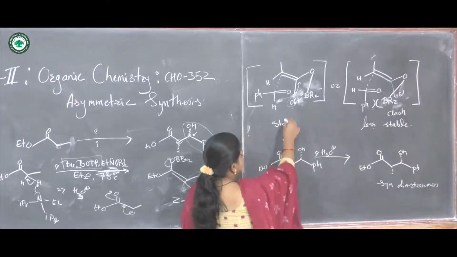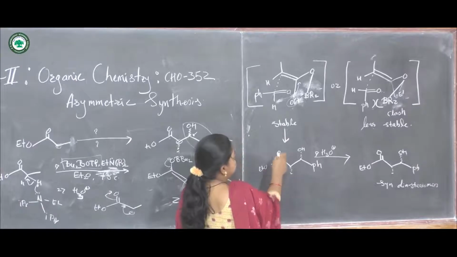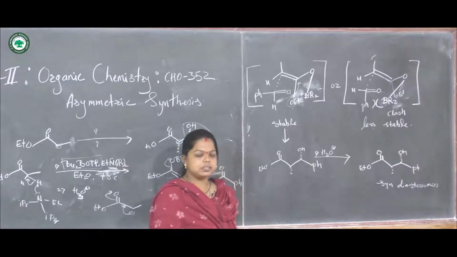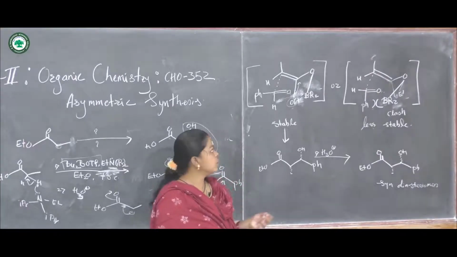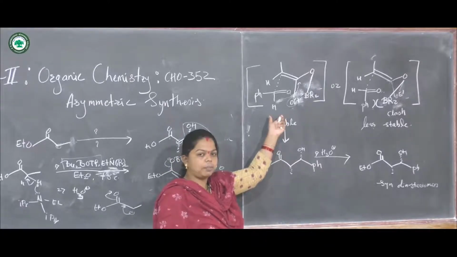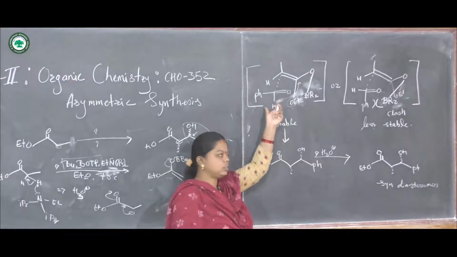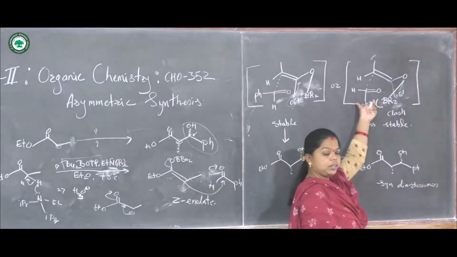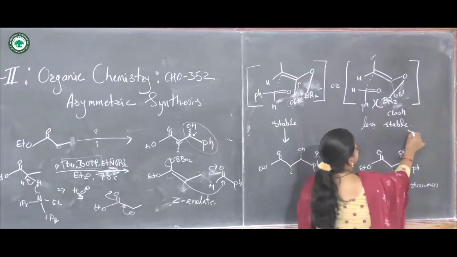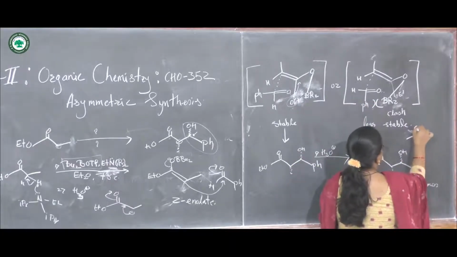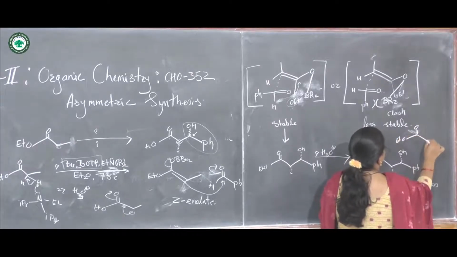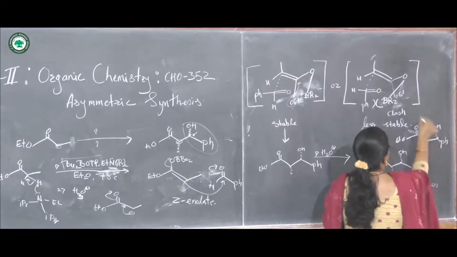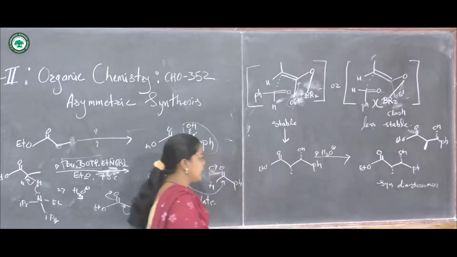So this transition state will generate the corresponding syn-diol. This is the basic reason why the Z-enolate gives the syn-diol, because the stable transition state is formed by the Z-enolate in the particular orientation. In the other orientation we are not getting the syn-diol from this transition state. Instead here we are getting the anti-diol. We can write this structure. So this is the structure of the anti-diol. From this transition state we are getting the anti-diol.